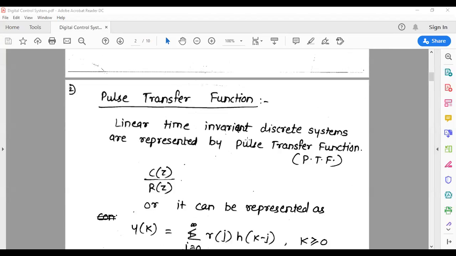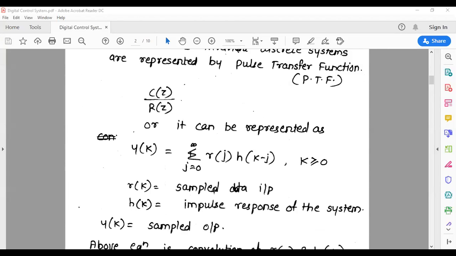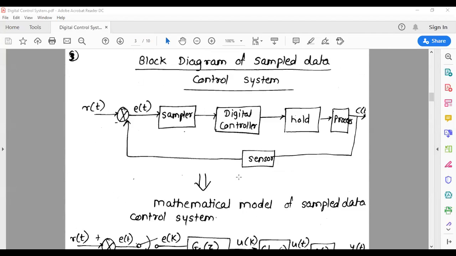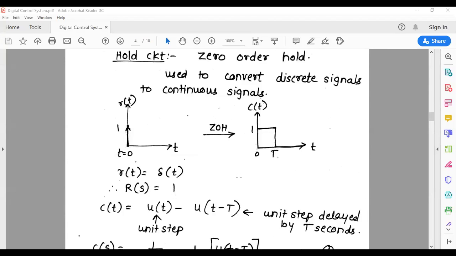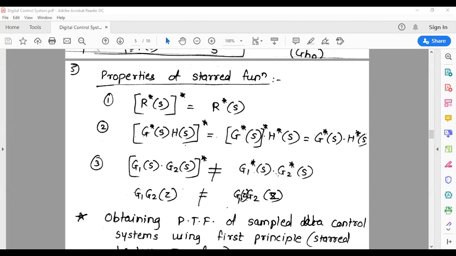The initial part, we have already seen it in the slides, and I leave it to all of you to again go through it. Now I would like to discuss this particular point before we again go back to the slides. So, properties of a star function. Again, when it comes to these properties, we are going to discuss them very logically. And the moment you understand them logically, then writing it down or using it in your calculations will never be challenging. So let's do it together.